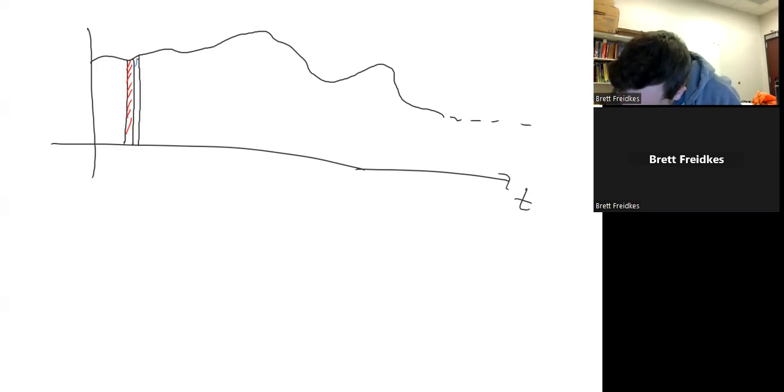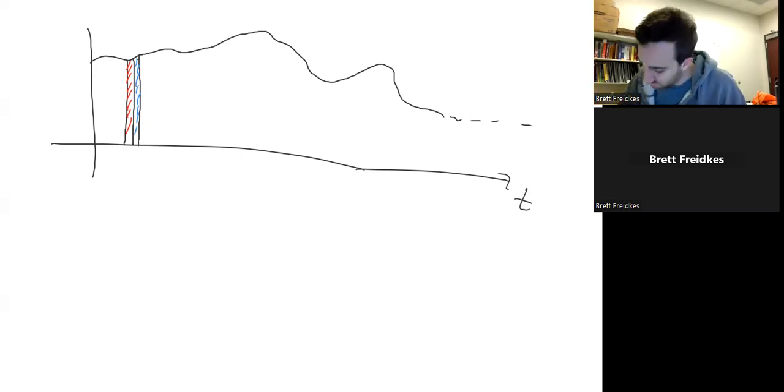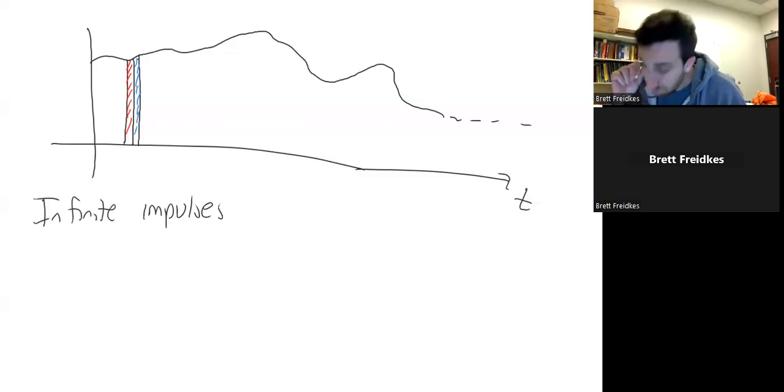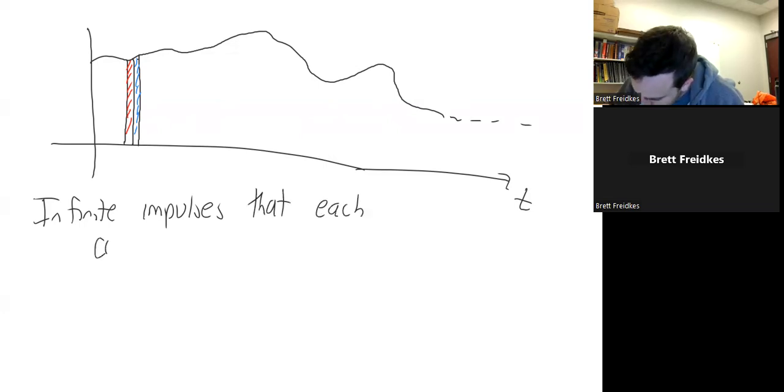And there are an infinite amount of impulses that occur over very, very small intervals of time, basically 0, but very small delta t. Infinite impulses that each contribute